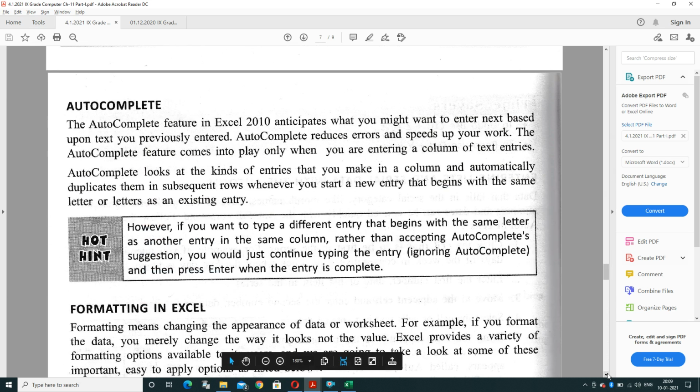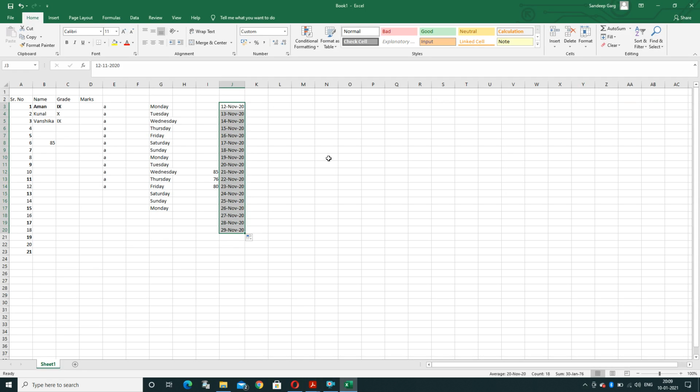What is the autocomplete option? The autocomplete feature in Excel anticipates what you might want to enter next based upon the text you have previously entered. Autocomplete reduces errors and speeds up your work. What will happen? Suppose I am typing Aman. When I start typing A-M-A-N, it completes it.